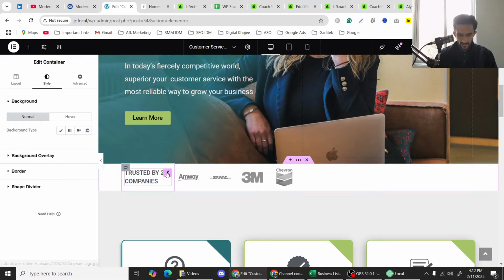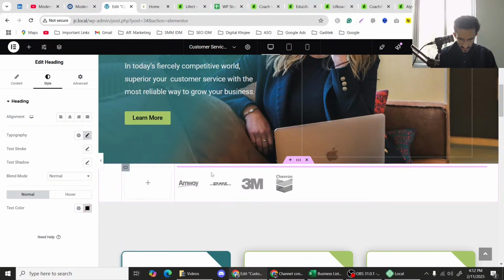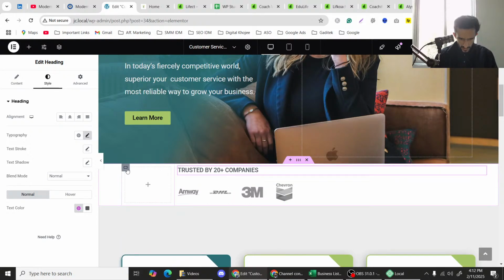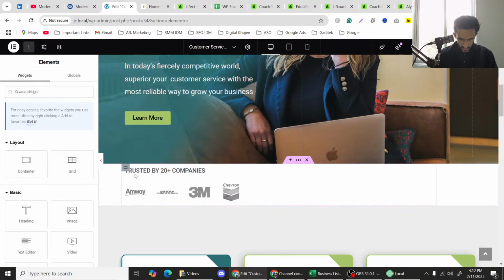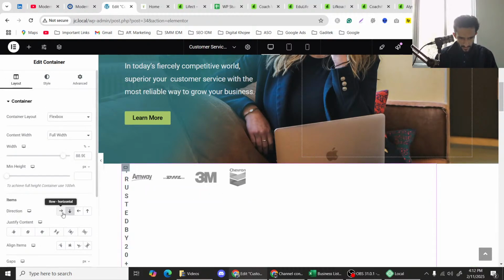Oh, I made something bad over here. I have to just select it, just put it over here like this. What's going upside? It should be in a single row. Let me see. I select this container over here and make it to row format like this. Now there you go. And the width should be like,